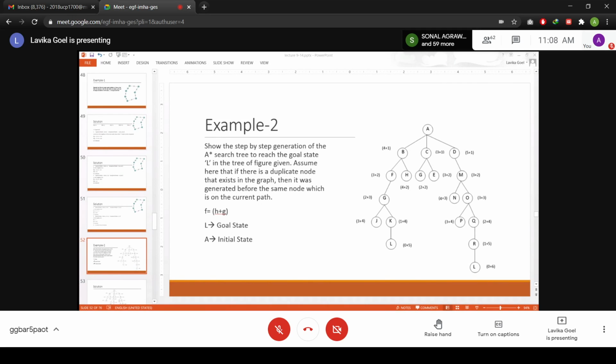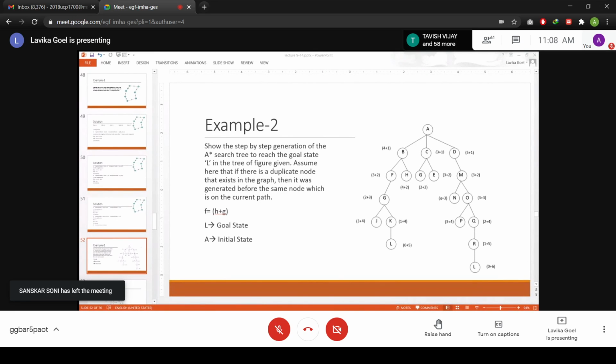So G is a duplicate node because it exists in two branches of the tree. If you are reaching a particular G through a path, then I am assuming that it is a duplicate node, because I'm assuming that it is an already generated node.